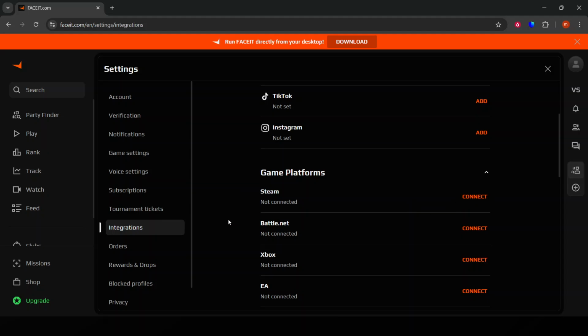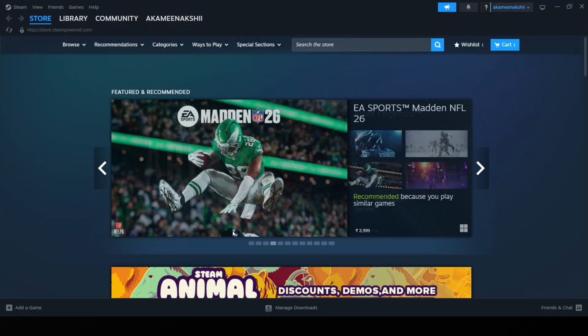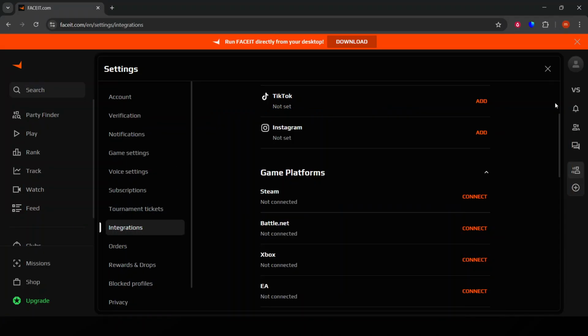There you have it. By linking your Steam account to Faceit, you've now opened the door to a broader and more competitive gaming experience. Whether you're looking to hone your skills, compete at higher levels, or simply enjoy a more enriched gaming journey, this simple connection is your